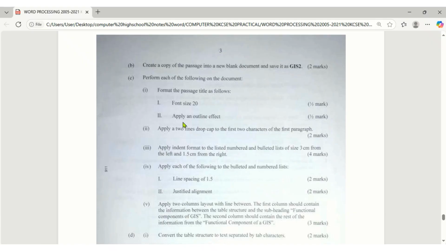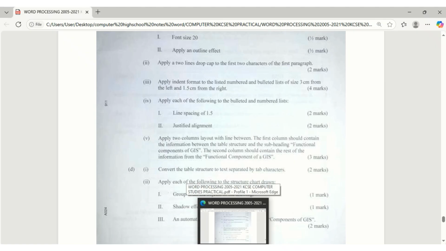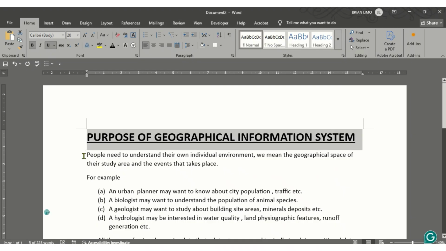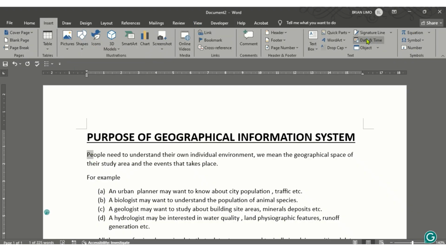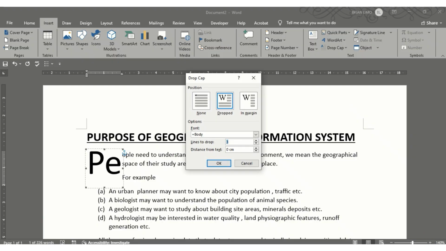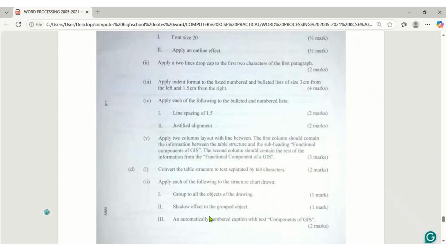An outline effect, and then apply a two-line drop cap to the first two characters of the first paragraph. Apply a two-line drop cap to the first two characters of the first paragraph. First this one, and then insert drop cap, and then it is a two-line. Drop cap supposed to be 2 lines. Okay, and then